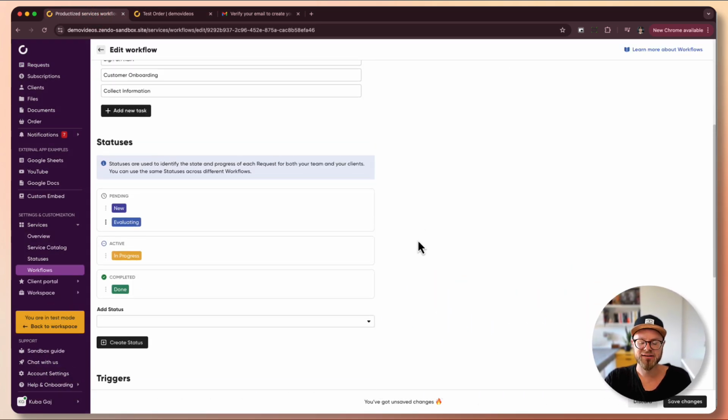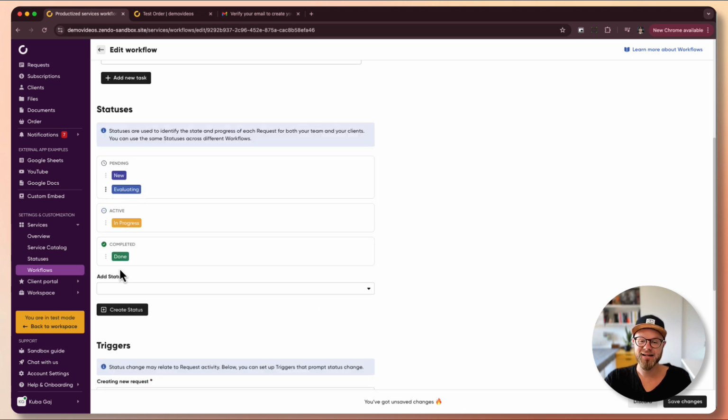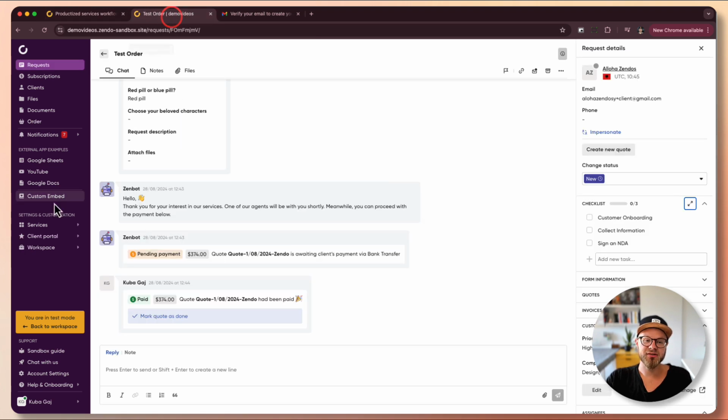Next are statuses. This is kind of a critical part of each workflow because statuses are used for triggers and also are used for requests inside the subscription, because you can limit how many requests can be submitted in each subscription. So for example, if a request is in status in progress, because it is in the group active, it will be counted towards active requests. To understand those three groups and what they are used for, we need to switch for a second to services again